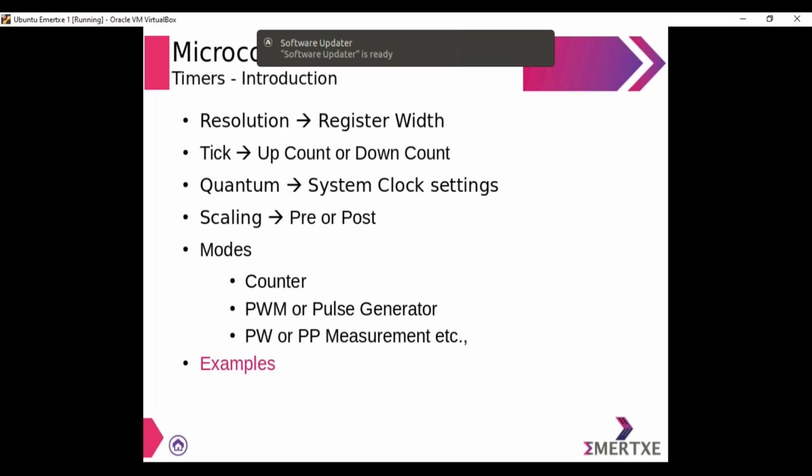In case of our PIC16F877A microcontroller, one instruction is going to take 4 cycles for its execution. Hence, quantum is nothing but 4 divided by the oscillating frequency. The oscillating frequency is 20 megahertz. Then after quantum, we got to know that whenever you take a timer whose resolution is 8 bits, so you are going to